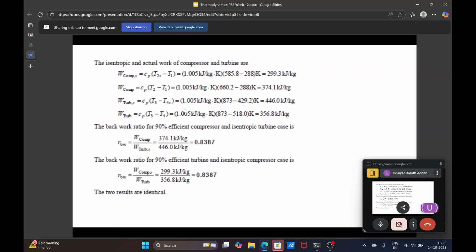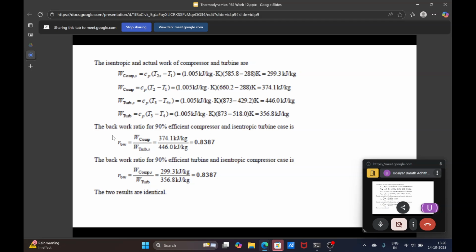The other way of doing it, instead of going all the way through, is you can first define the back work ratio, which is compressor work divided by the turbine work. We know the efficiency of the compressor is the isentropic work divided by the actual work, so the actual work will be isentropic work divided by 0.8. You substitute both expressions, which will give you 1 by the efficiency of the compressor or the turbine, multiplied by your isentropic compression work divided by isentropic turbine work. So both will give you your back work ratio divided by 0.8,